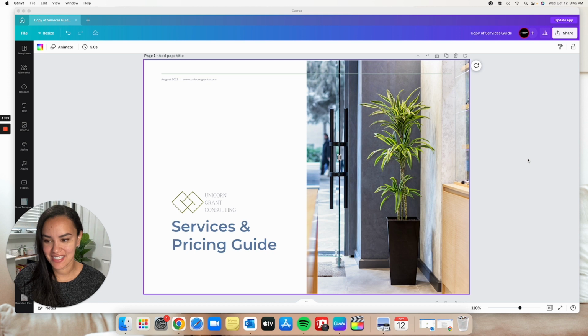So all right, let's just get right to it. Oh, also let me just add, my services guide is a little extra. I think it is 15 pages. That is ridiculous, I know. You do not have to have a 15-page, even a 5-page, you don't even need that. You can literally condense probably all of this on one